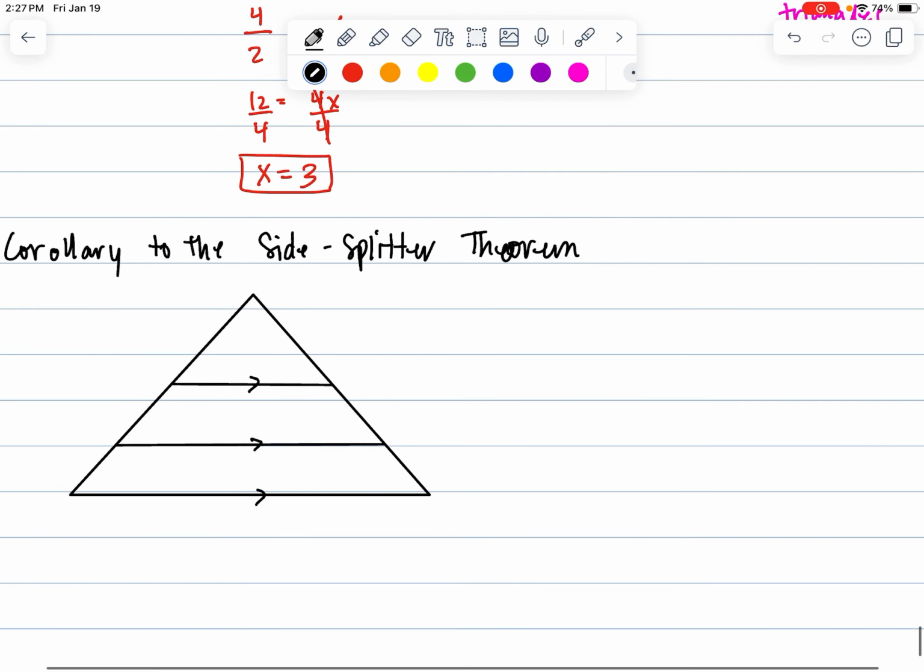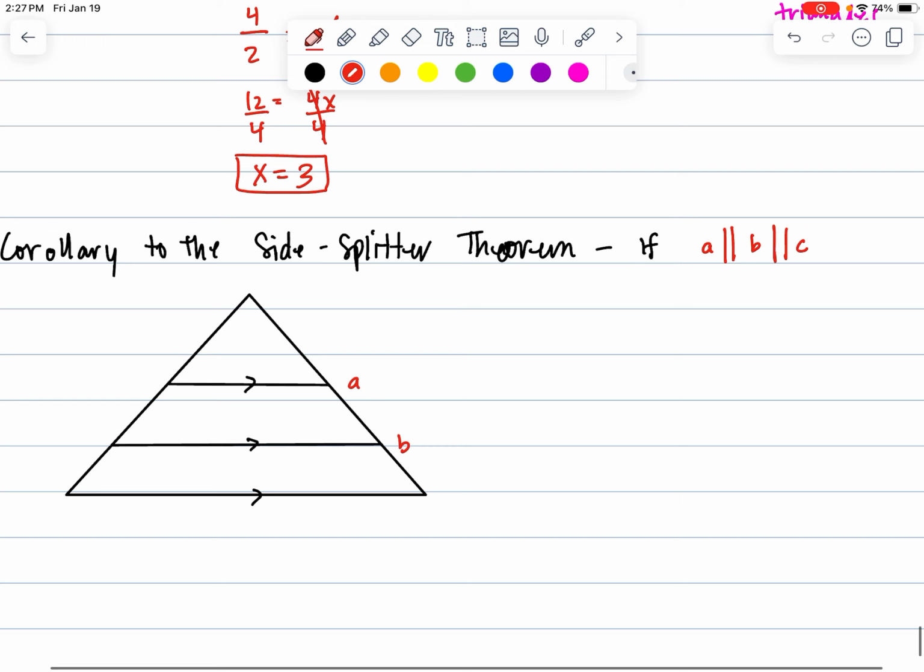Okay, so this is, if, let's call this line A. Let's call this A, B, and C for the lines. If A is parallel to B, which is parallel to C, then we could use this theorem. Okay, then we would say,